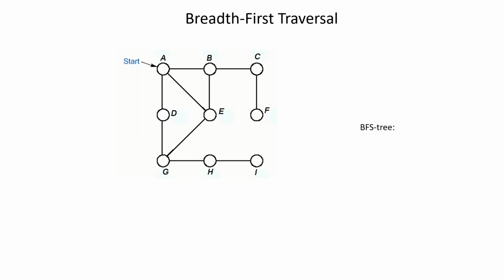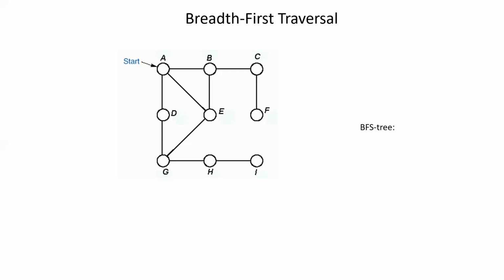D, E, B. So what we have to do, we have to visit and then insert them into the queue. We will be inserting into the queue in alphabetical order, so B first and then D and E, right? So all the adjacent vertices of A are visited. Now we have to delete A, since it is already explored.